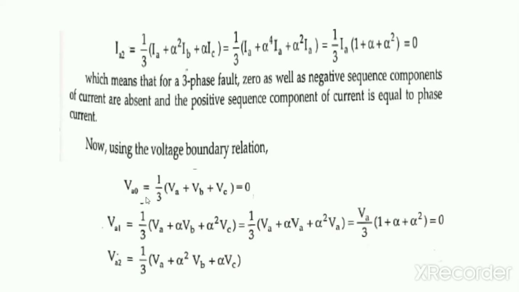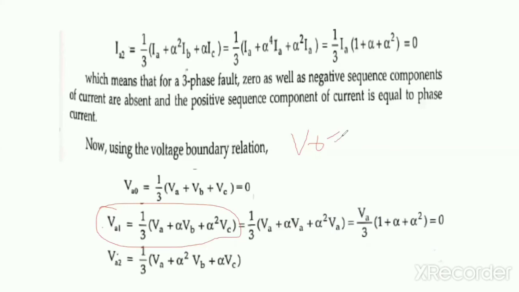Therefore, that will be equal to 0, and then VA1. Okay, what is the formula for VA1? VA1 is equal to 1/3 into VA plus alpha into VB plus alpha square into VC. Okay, and then we substitute